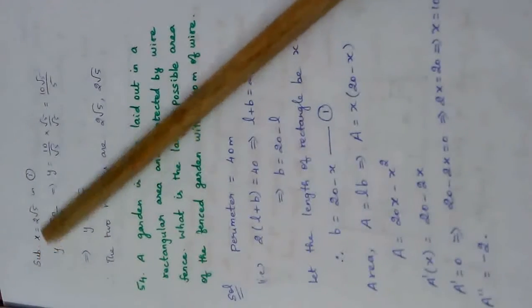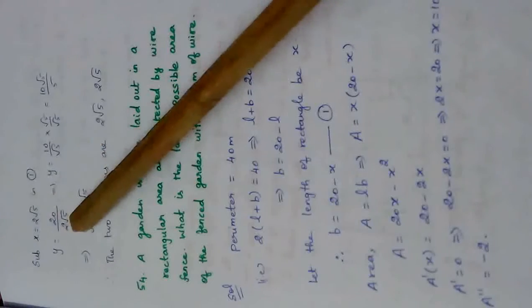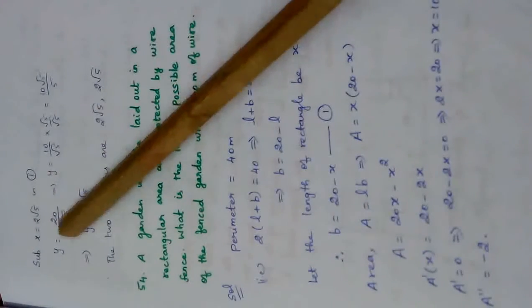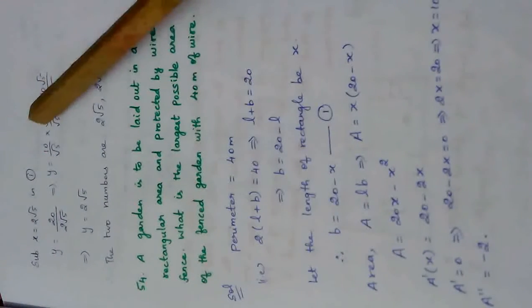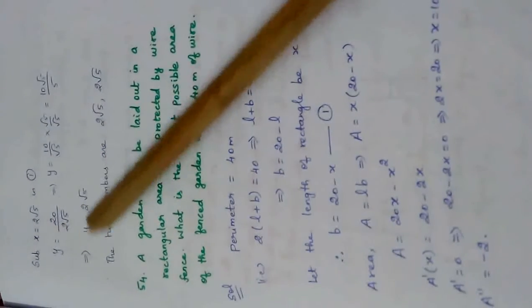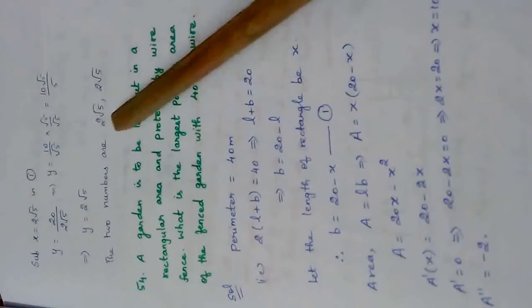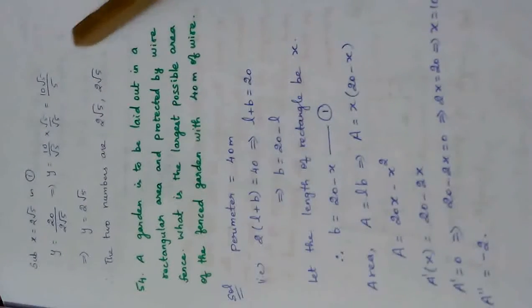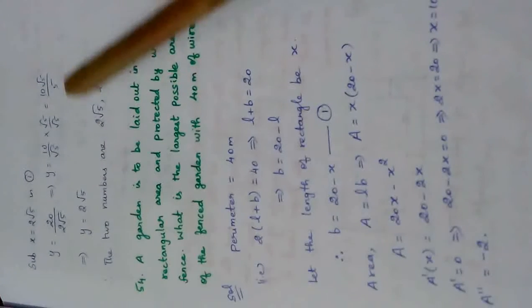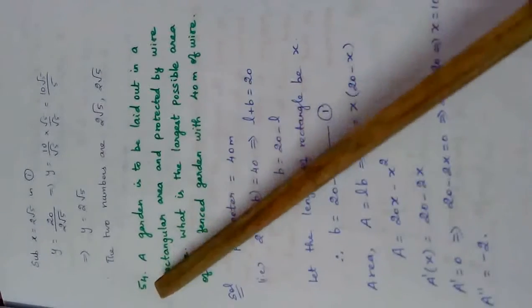Now see, substituting x equal to 2 root 5 in equation 1. Y is equal to 20 by x. In place of x, 2 root 5. Simplify like this. 2, 20 cancel, 10. Multiply and divide by root 5. Root 5 into root 5 becomes 5. 5 and 10 get cancelled, 2. So 2 root 5 is the answer for y. Therefore the two numbers are x is also 2 root 5, y is also 2 root 5. So these are the two positive numbers. Hope the first and second sums that we saw today are both of the same model. We will go for the next sum, 54.